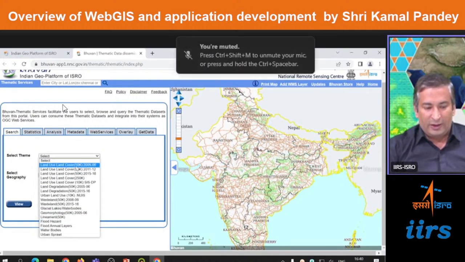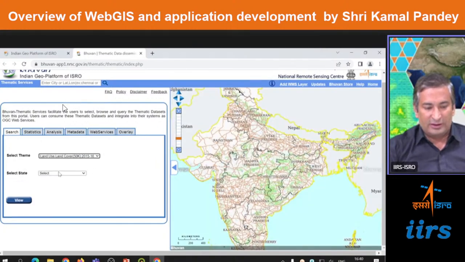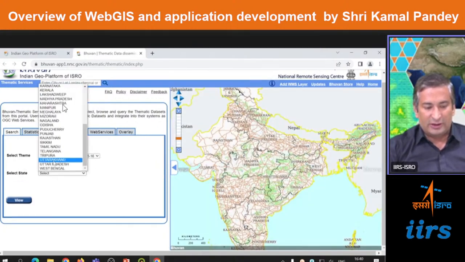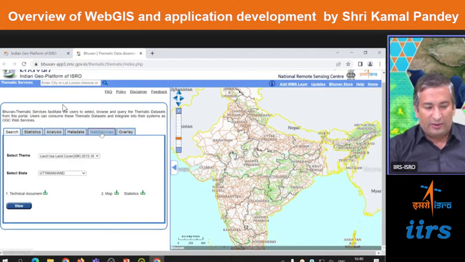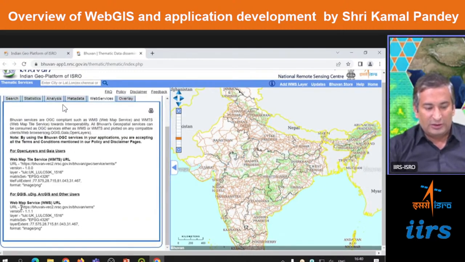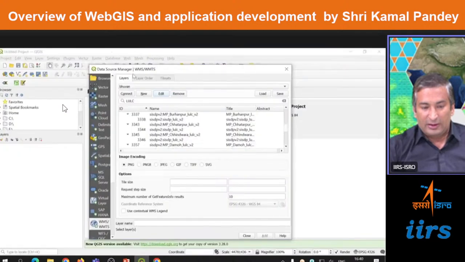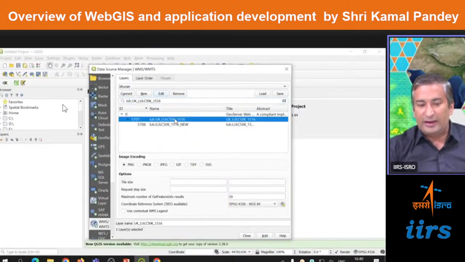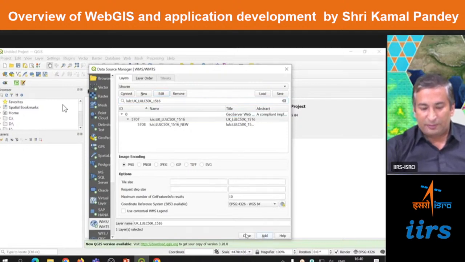So land use map I want of 2015-16, and then I'm selecting one state called Uttarakhand, then web service. So you see it here. This is the URL. I was telling to you the first component is the URL. This I have copied over there. This is the name of the layer basically. This is the layer. So this is the data basically. Copy it here, and then you can try to search it from here. Control V, then it will display directly over here. 15-16, and then add,